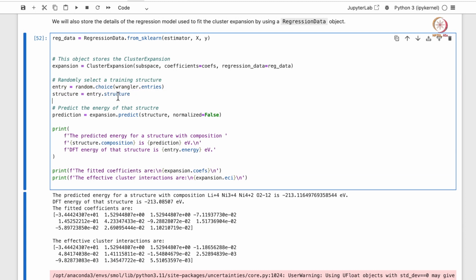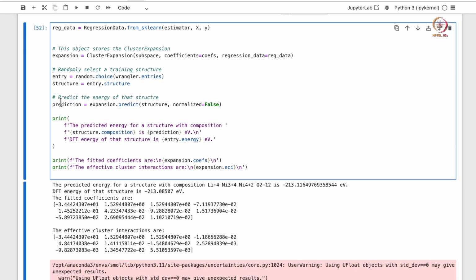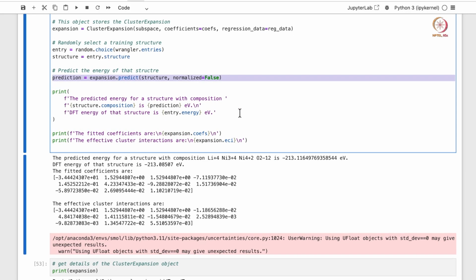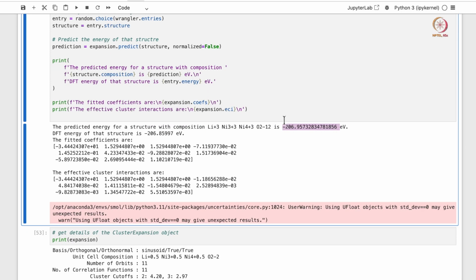Then this is the predict step, where we predict the energy of that structure. We can print that energy, and we can print the fitted coefficients of that structure also. If we execute this cell here, the first value is the predicted energy by our model, and this is the DFT energy.